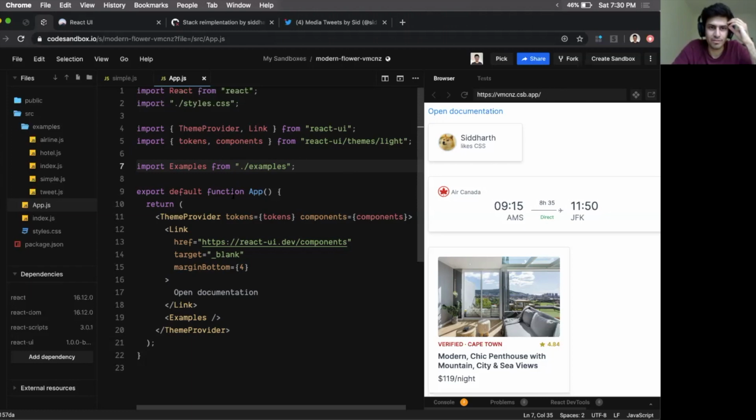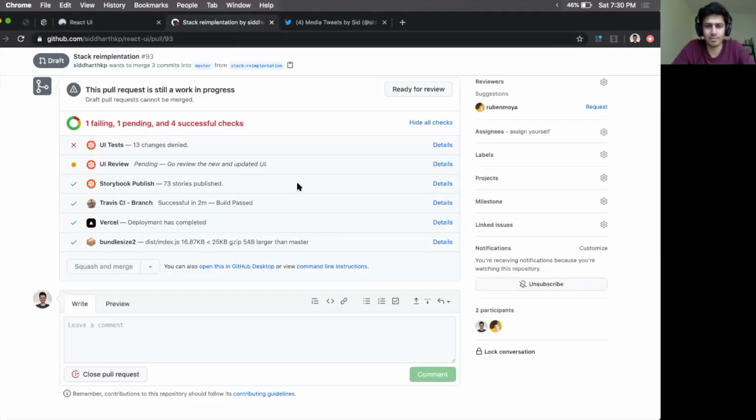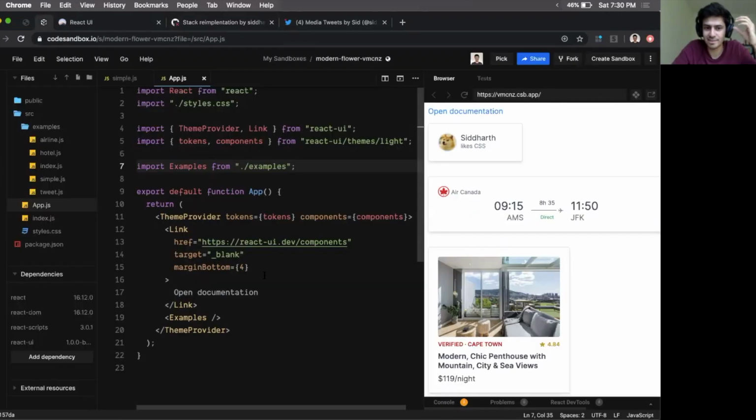So even with React UI, if you look at something like the text component, even though it accepts sizes, if you don't give it a size, it uses the default size and it inherits from the parent. Like in our CSS, we actually say font size inherit, because we want to inherit it from the parent. That's almost like a feature. But I do see a point where, because it cascades down, all the styles that you don't want to cascade also cascade down.